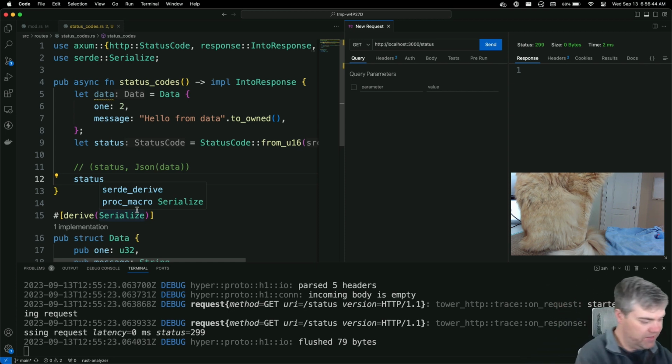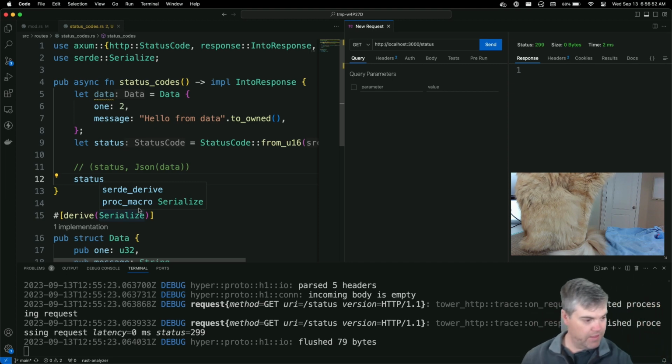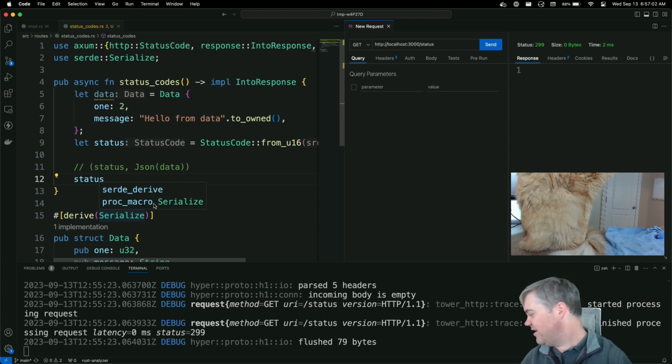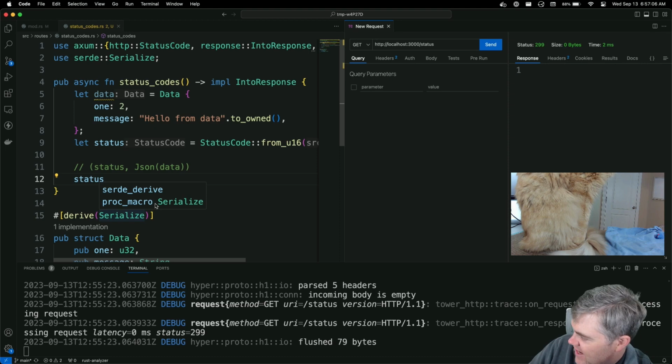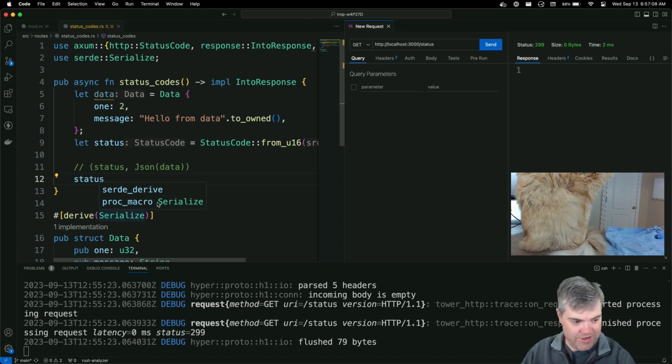So that is Axum status codes. I'm doing pretty well. Halfway through the week, which is always nice. Zilby's hanging out with us, although he's now looking upstairs. I think he heard something going on up there, so now he may or may not want to go investigate.